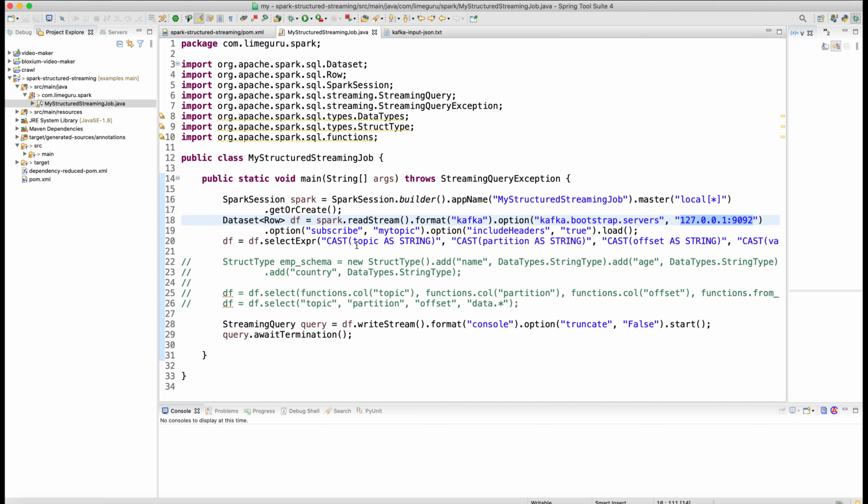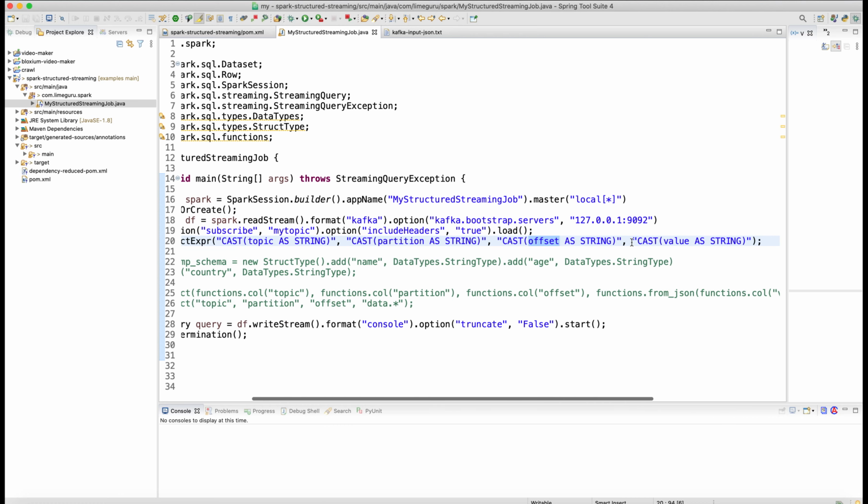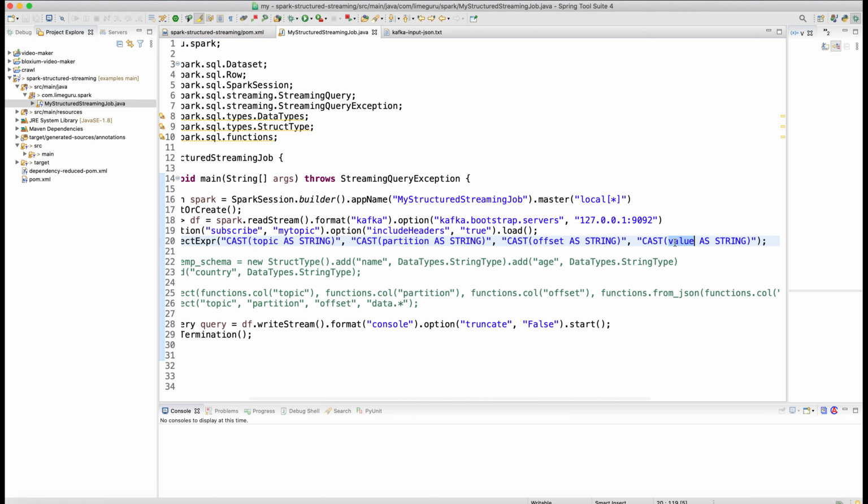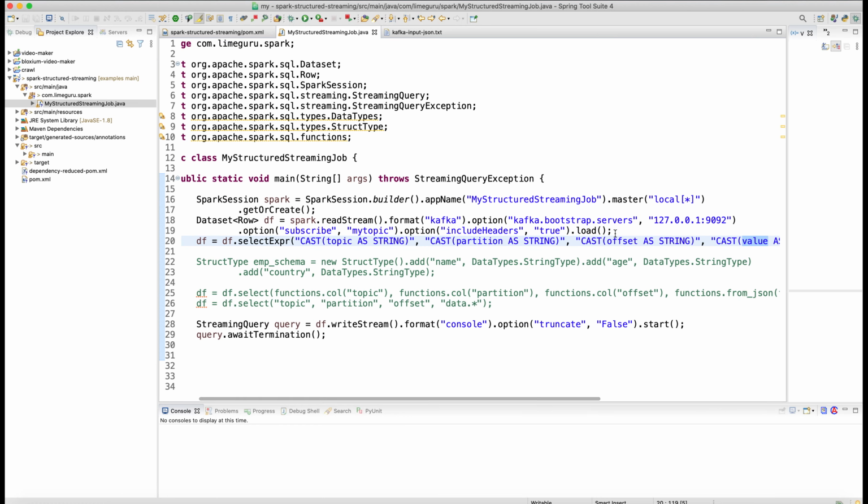Once I consume the data from Kafka, it will have certain formatted data. Let's say the topic name will be inside the topic column, the partition of that particular message will be in the partition column, the offset of the message being consumed will be in offset, and the complete value which I have posted onto the Kafka topic, my messages, will be inside the value column. So value is the column where I'll have the messages which I posted to Kafka, and I'll be reading all these messages along with certain metadata: the offset of that message, the partition of that message, and from which topic the message came.